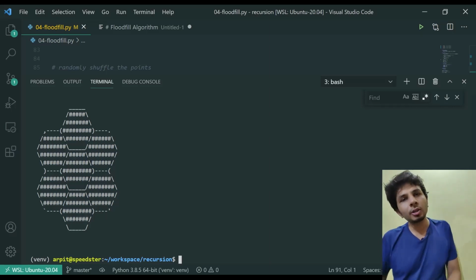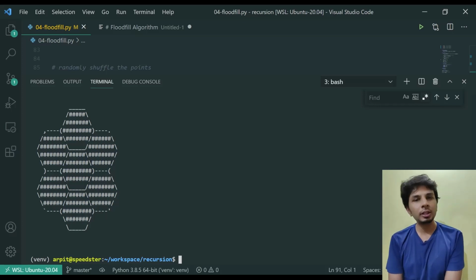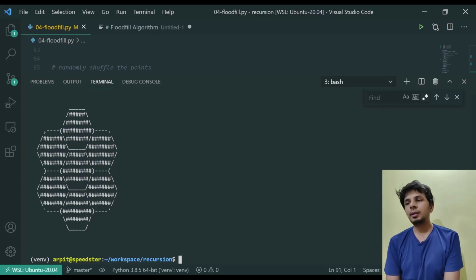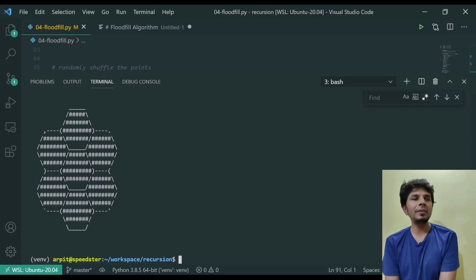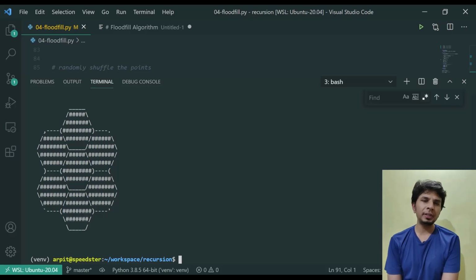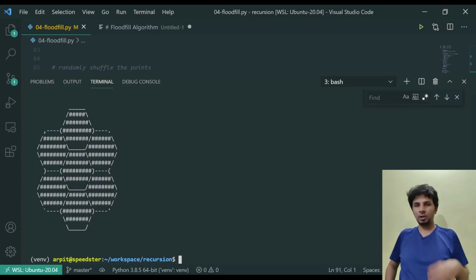So in this one, I'd like to talk about a classical two-dimensional recursive algorithm called the flood-fill algorithm. It was introduced to solve a very simple problem statement: given a very irregular shape, I'd want to fill that shape with a certain color. Since the shape is not regular, say a square or a circle or a rectangle, it's a very irregular shape. And if I want to fill that shape with a certain color, I need a special algorithm to do that. And flood fill does exactly that.